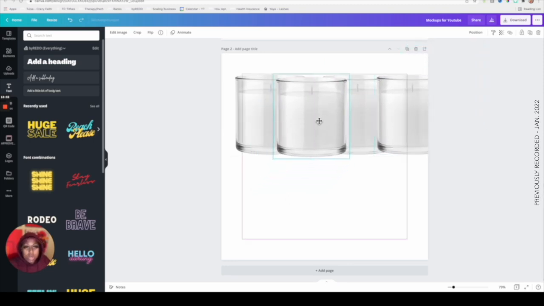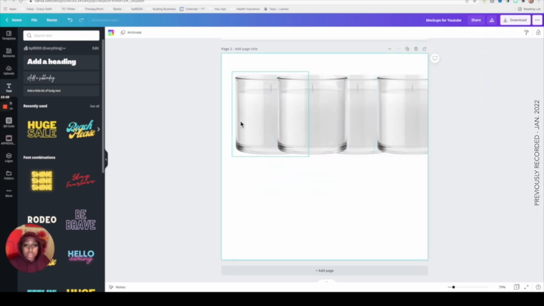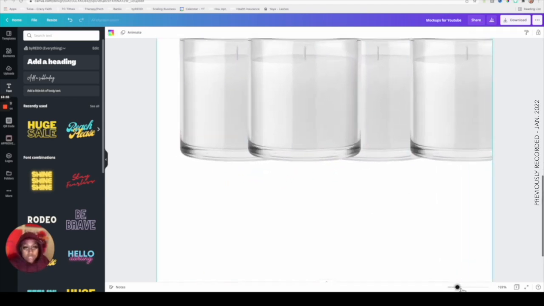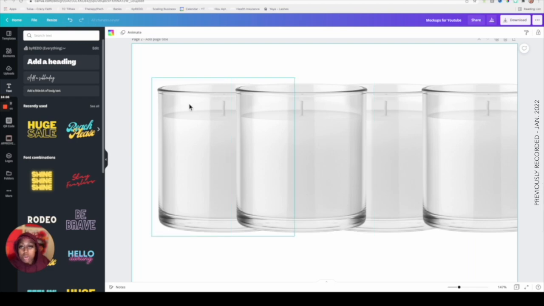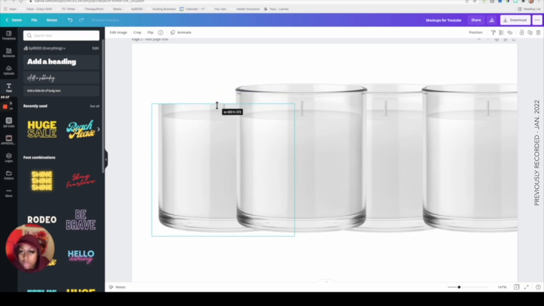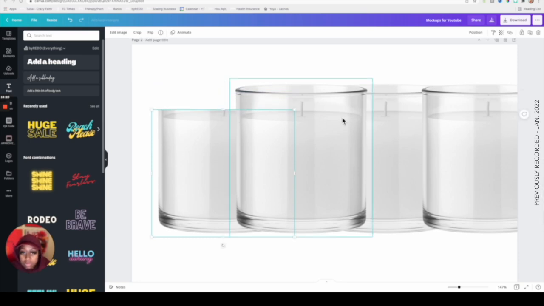So what we're going to do, we're going to line all of them up to where they are perfectly lined up together. So now let me zoom in just a tad. Now we're going to do our sections and make sure that all of the photos are exactly the same size. So I'm not going to change the dimensions of anything. I'm just going to go ahead and start cropping. Okay, so I'm going to move this down to right before the color starts. Okay, that's going to be my color, and I'm going to move this up